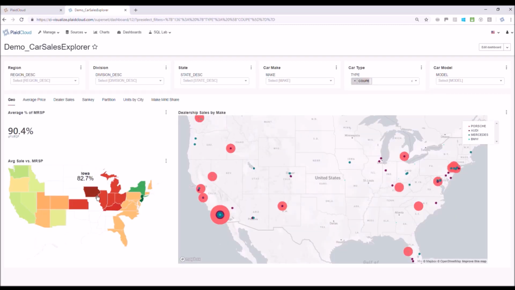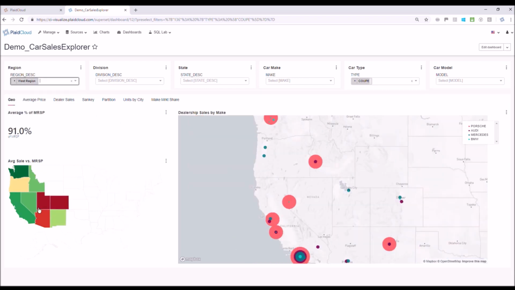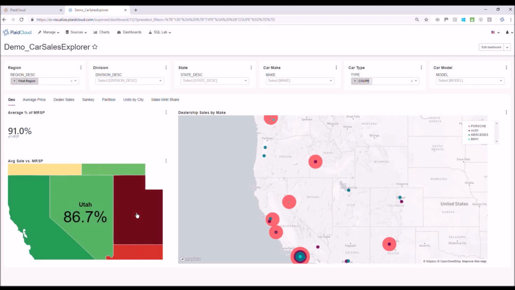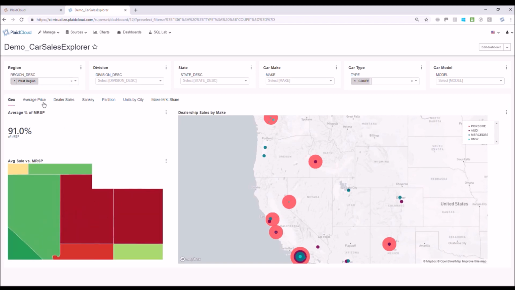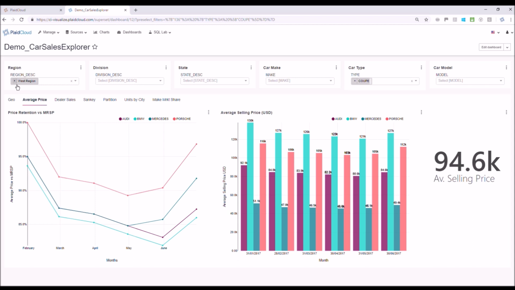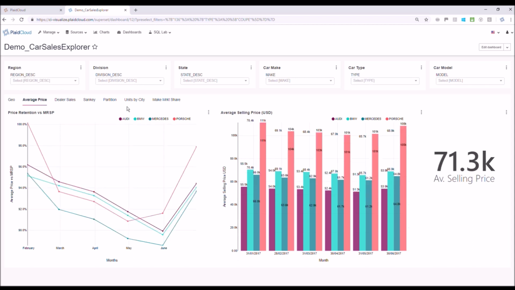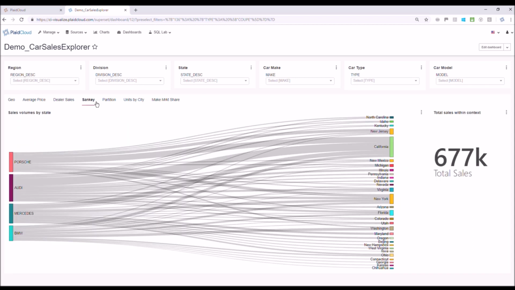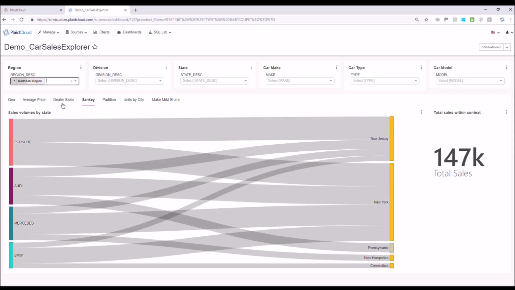Here, dealership sales are represented on a range of map views. Average selling price versus recommended sales price is shown at a state level, and total sales by make is visualized with dealer location. A comparison of average selling price over time for the West region is shown next, also split by car make. A Sankey plot visualizes car sales by make and state and is filtered to focus on the